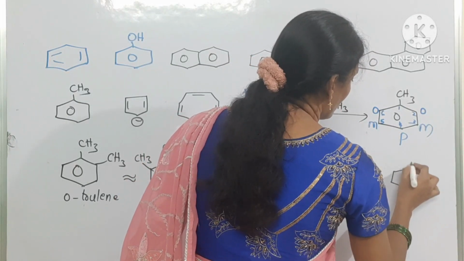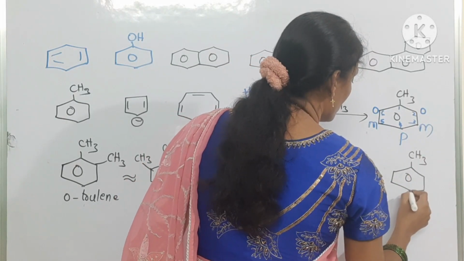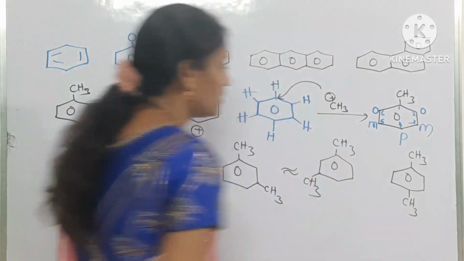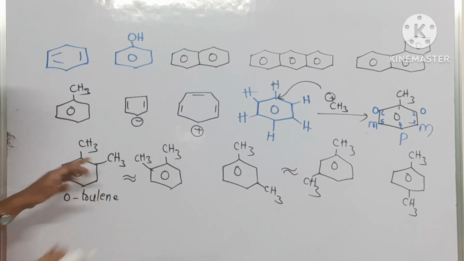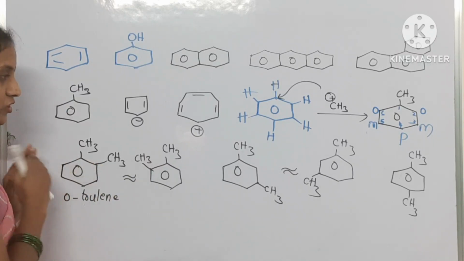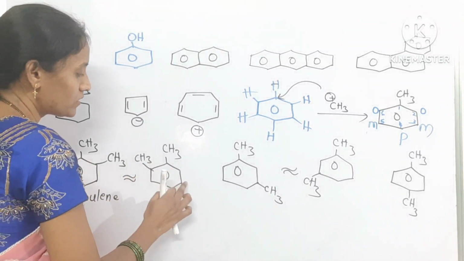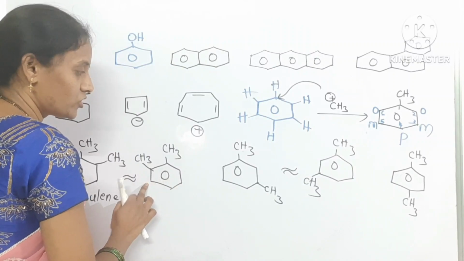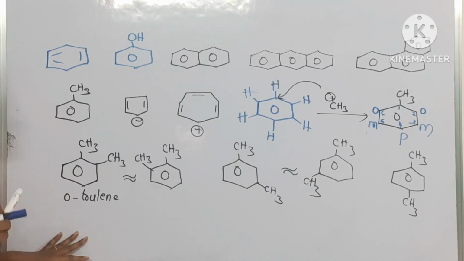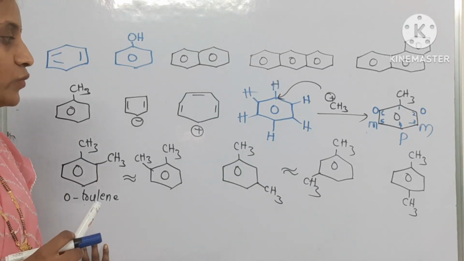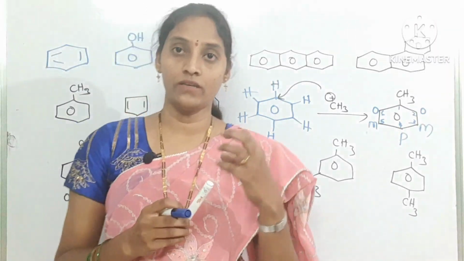Okay, if the substituent is at the second position or sixth position, similar. If the substituent is at the third position or fifth position, similar. Okay, listen. Yes, this is about nomenclature. Then we will move to what is